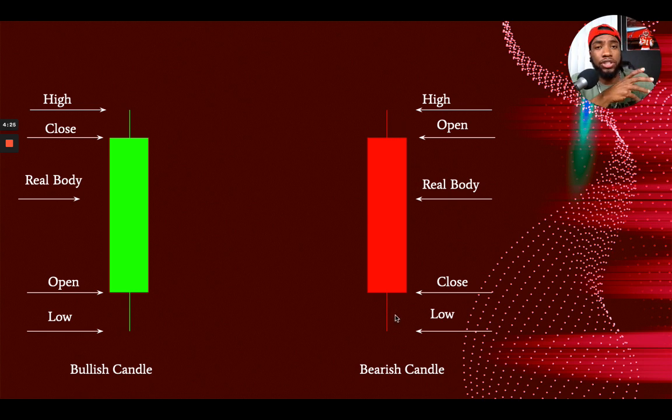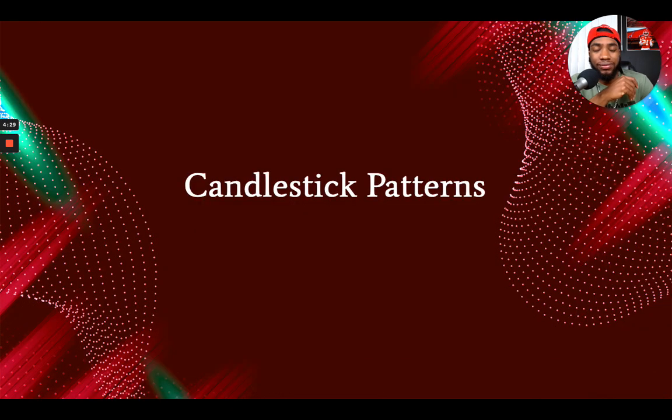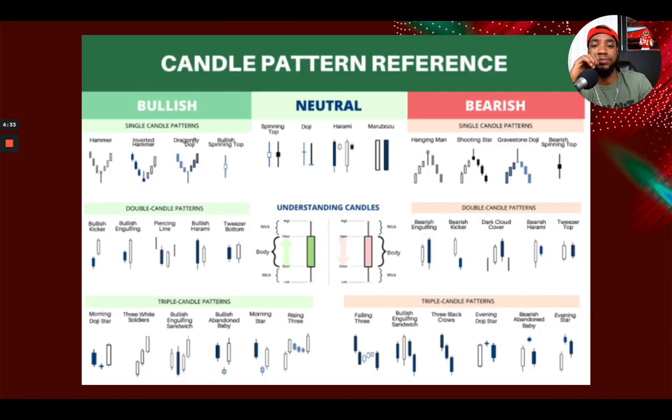The wick really just showing price rejection of a certain area. Now let's move on to a couple candlestick patterns, right? So candlestick patterns are the different formations that a candlestick can make. Now these can come in several different ways. You can have single candlestick patterns, double candlestick patterns, triple candlestick patterns, and you also can have some neutral candlestick